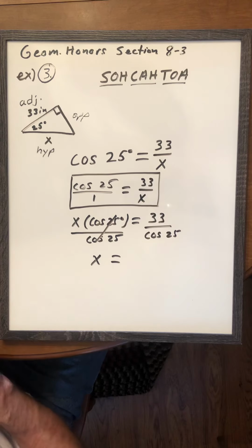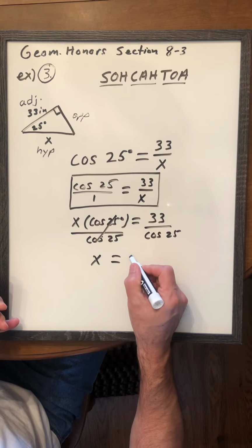I punch in 33, then divided by the cosine, so we hit the cosine button, then 25 degrees, and then hit equal or enter, and we end up with x equals